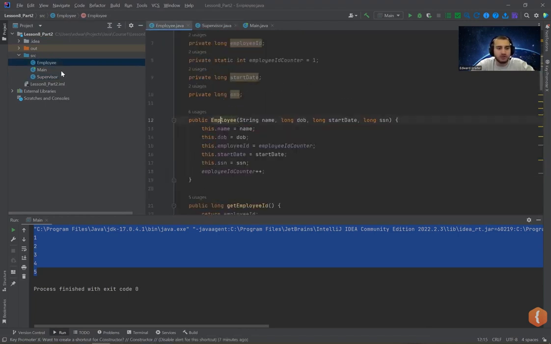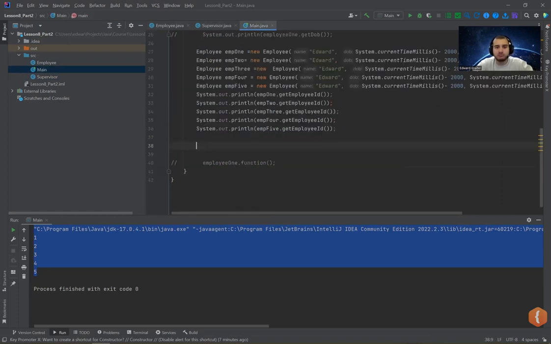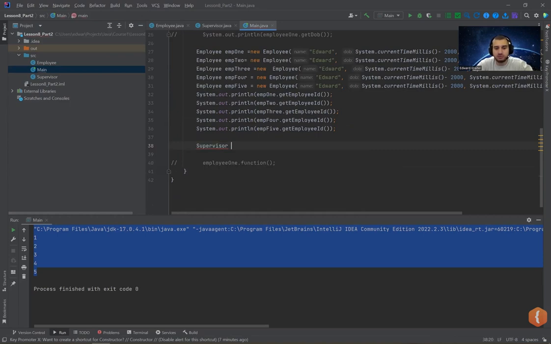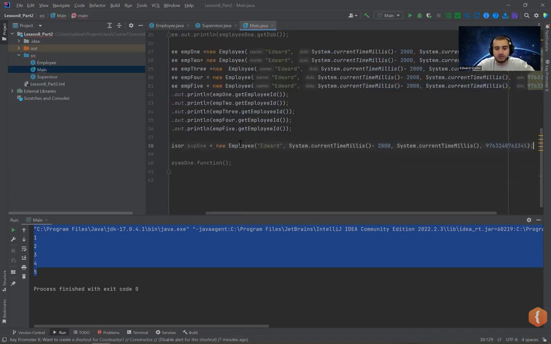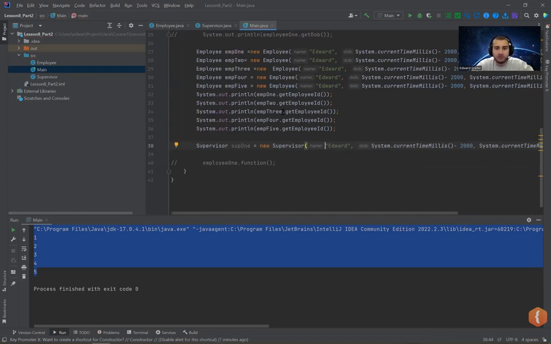Let me go ahead and create supervisor sup1, and I'm just going to copy this and create a supervisor. Okay, so if I go in and I debug,